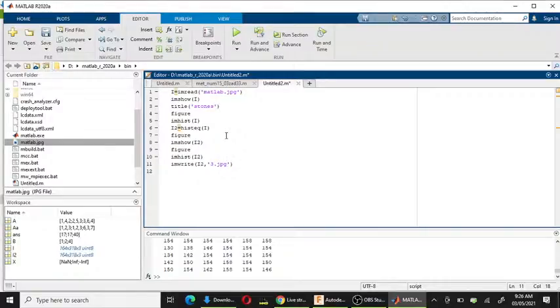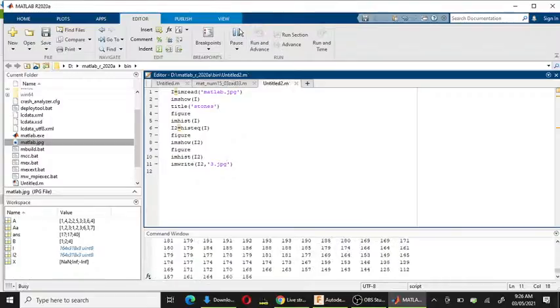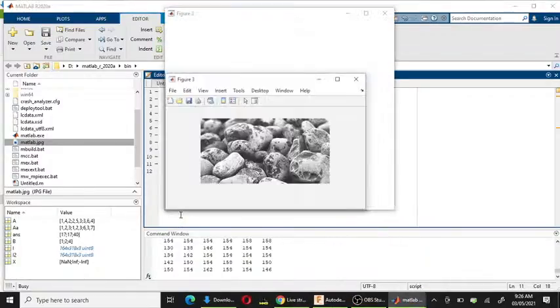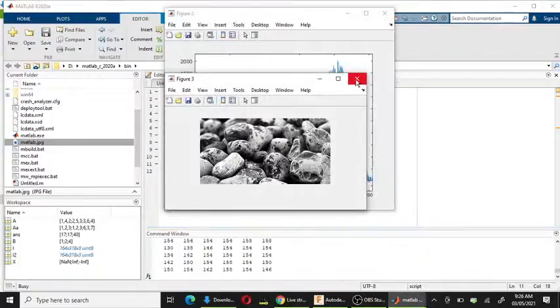Okay, let's run and see if the image is written or not.